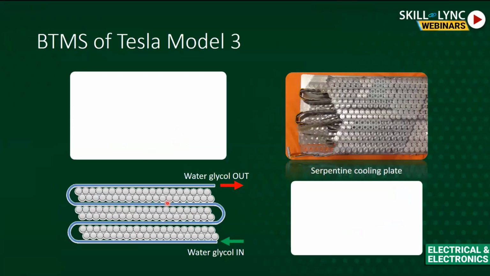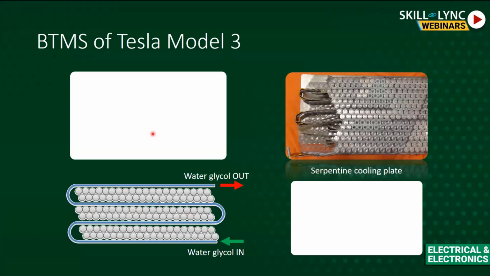Now, one example: previously we have seen one example of a pouch cell module with Audi Tron. Now you can see a Tesla Model 3, which has a cylindrical cell. But if you see here, the liquid cooling plate is completely different. There it was like a straight stripe passing, with the cells sitting on it. Now here are serpentine liquid cooling plates which are passing through the cell rows.